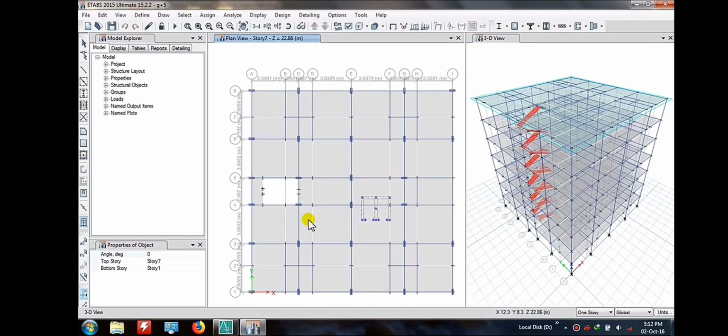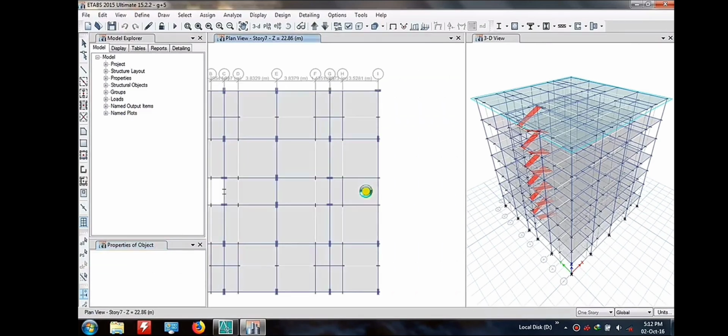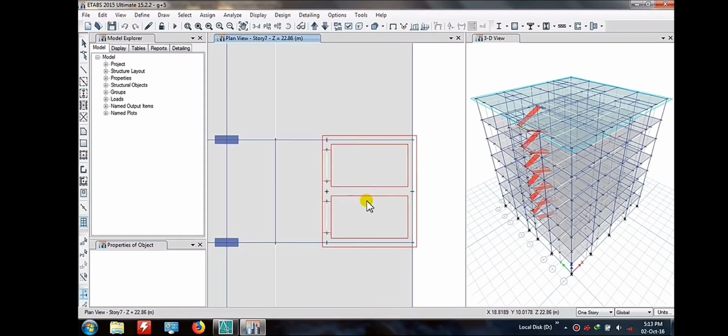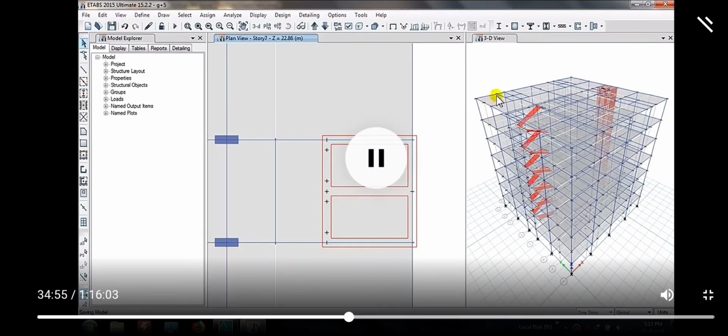So I am going to place this for 90 degree. Okay, minus 90 I am using. Okay, so we are going to place this opening at its position, at the required position. So you are able to see that we had constructed it out.